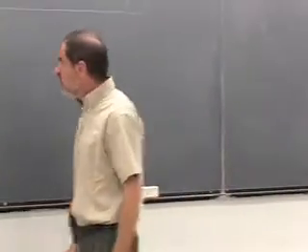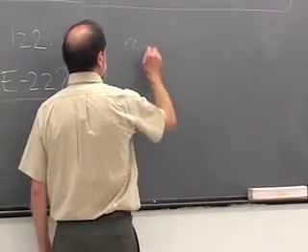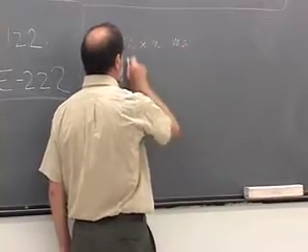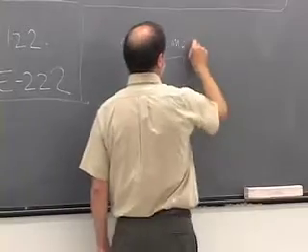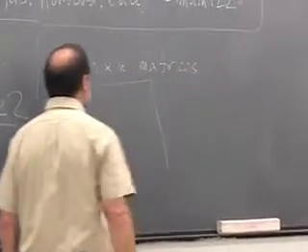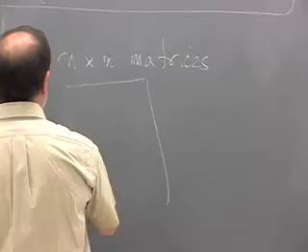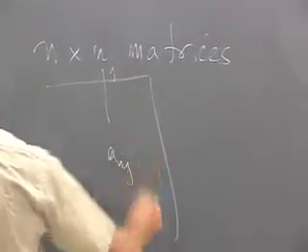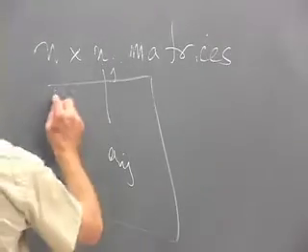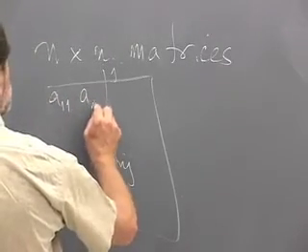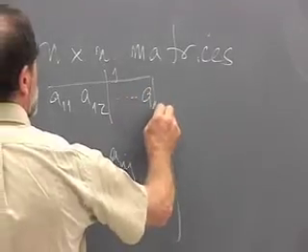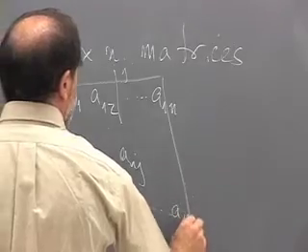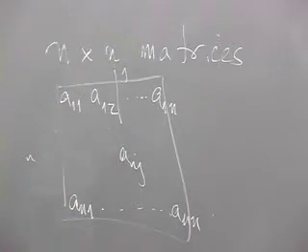And the linear algebra we're going to need all concerns the set of all n by n matrices, where n and n is the same number, so square matrices. Now, the entries of the matrix, if you're in the ith row and you're in the jth column, the entry would be aij. That'll be the notation I'll use. So the first row looks like a11, a12, up to a1n. And then we have an1 down here, all the way over to ann. And the entries of a matrix are numbers.